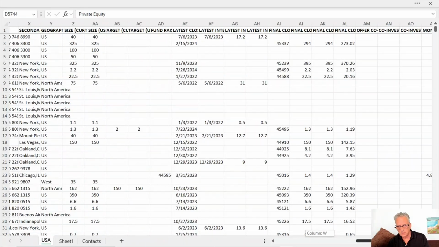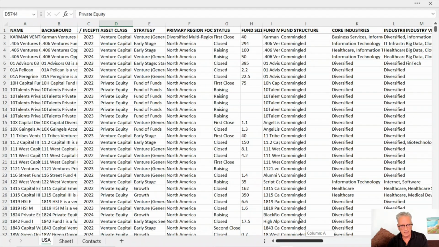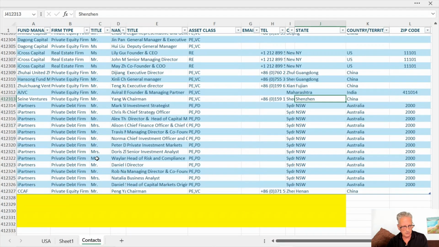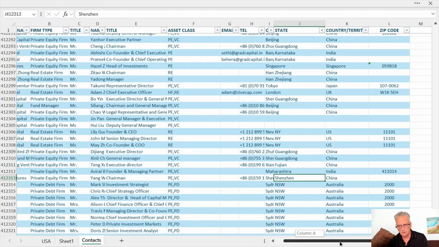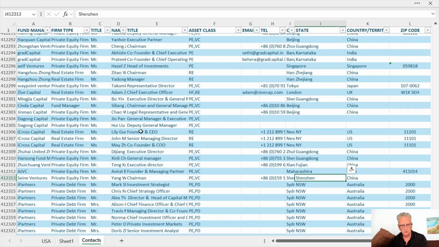Any information on the right side is just more technical, but that's basically the database that would get delivered, plus they would be getting the global contacts, as you saw on the very first one. All they have to do is cut and paste the fund name into this particular sheet with fund manager, then they can do their searching. Plus they're getting extra: private equity, venture capital, funds, family investment offices as part of this database. So the contacts part of it extends quite a bit further than the funds part. That's the final part of the screening process for this client.